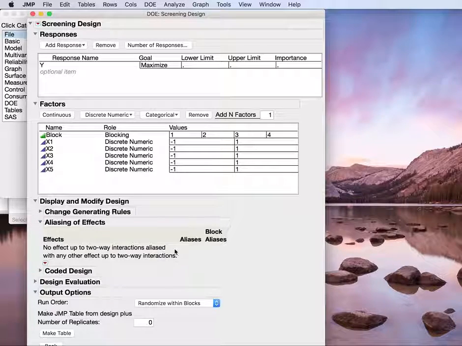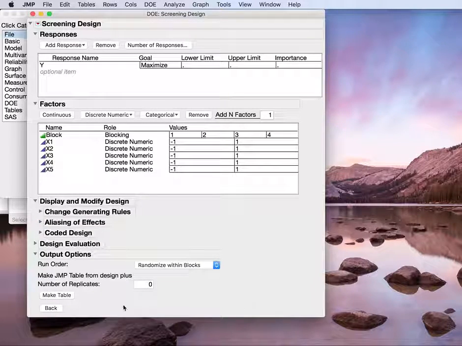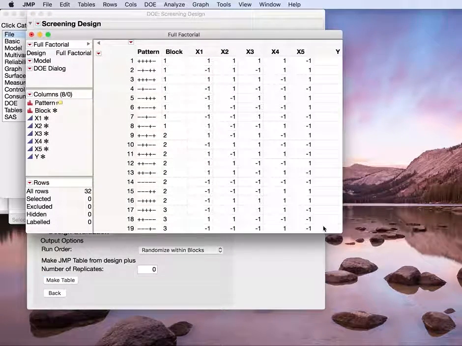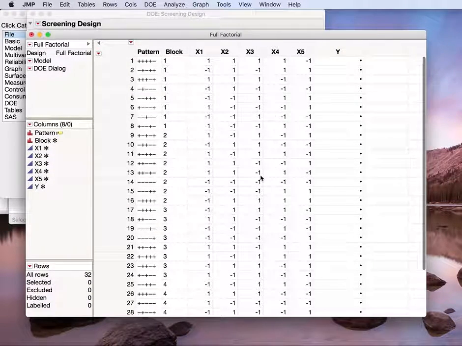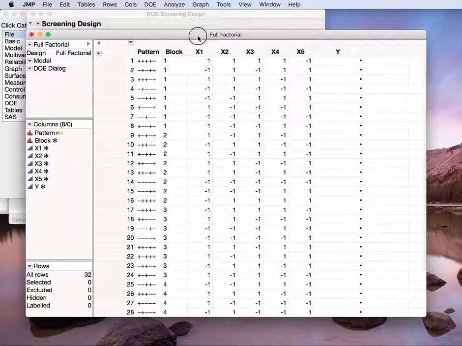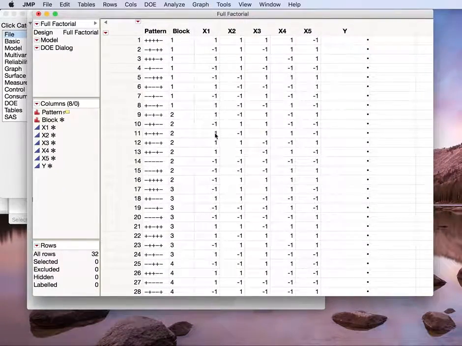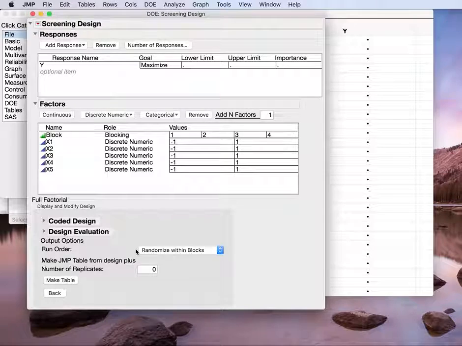It even also tells you some of the aliasing. It won't show much aliasing to start out with because usually JMP will focus on just aliasing or bias, or confounding, between two-factor interactions. So you won't need to worry about that. But if you click Make Table, here it's giving you blocks based off of plus or minus ones. So it won't tell you immediately which factors it's confounded in this analysis,